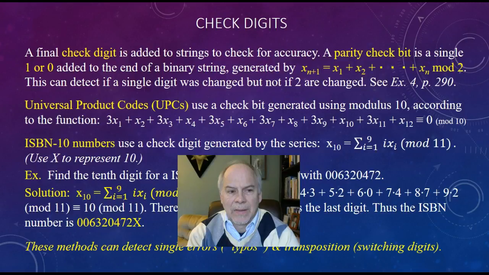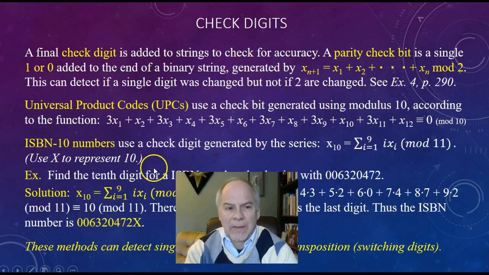It was still even if it was originally even, and it's still odd if it was originally odd. So therefore, it couldn't detect it. So if you have 2 errors, it doesn't detect this. Now, look at example 4 on page 290 for a more